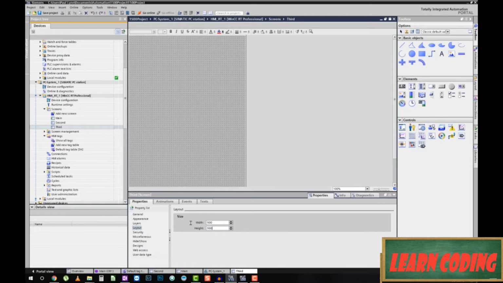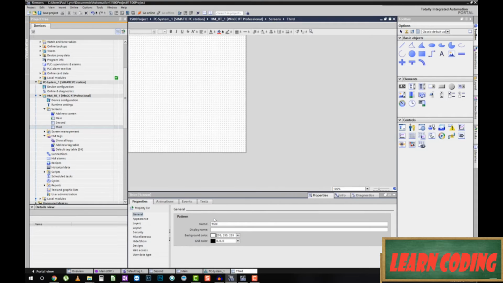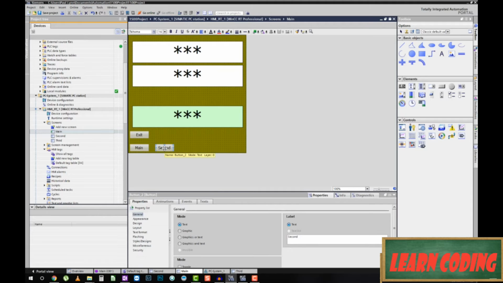500 by 500, general, and for the appearance of this, I think I'm just going to make this kind of a white because I want you to be able to see exactly what's going on for now, at least with these graphics. So let me come into main, take my screen navigation button, and I'm just going to copy and